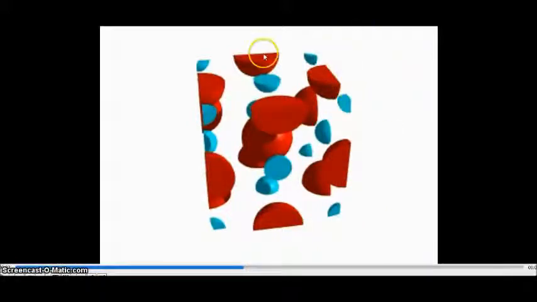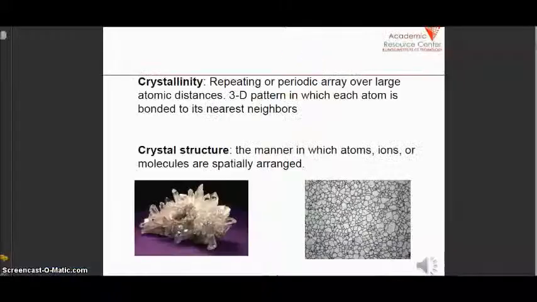Next day we will discuss more about crystal structures. After watching this video, students, you have to do some questions and assignments, and you will submit this assignment in tomorrow's class. Whenever you have any doubt regarding this video, we will discuss more about the crystalline structures and amorphous structures.